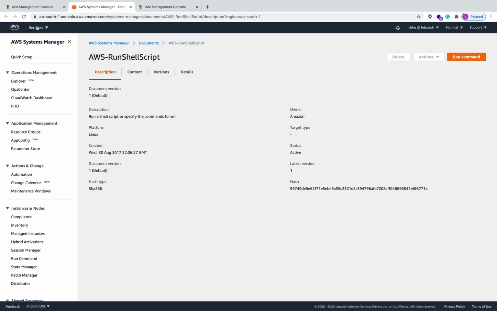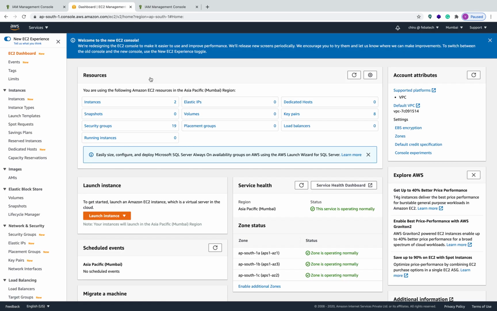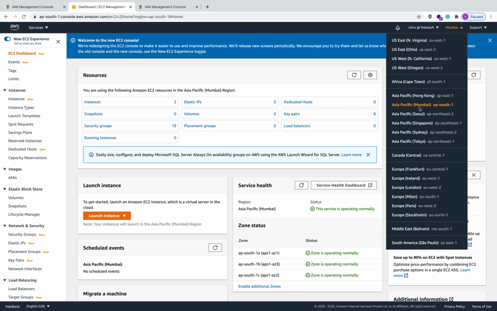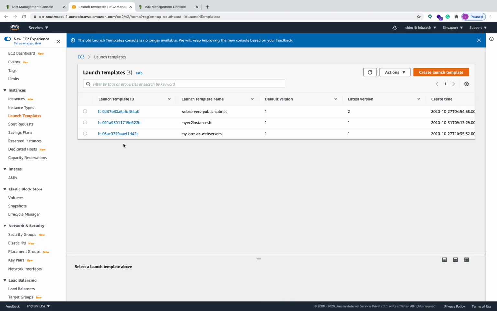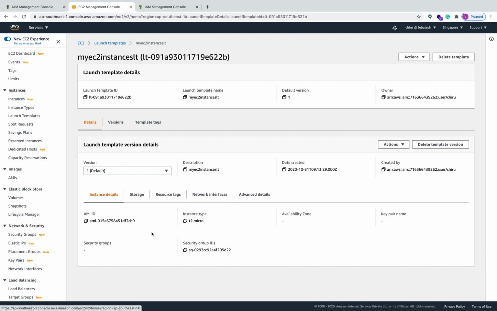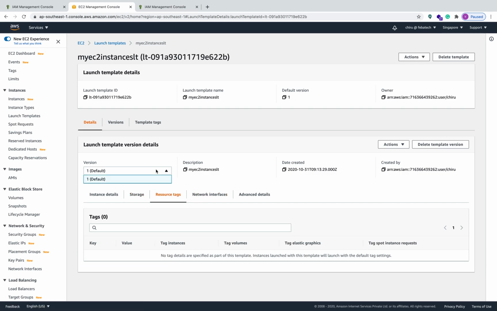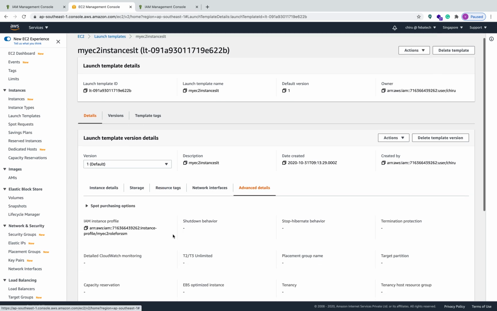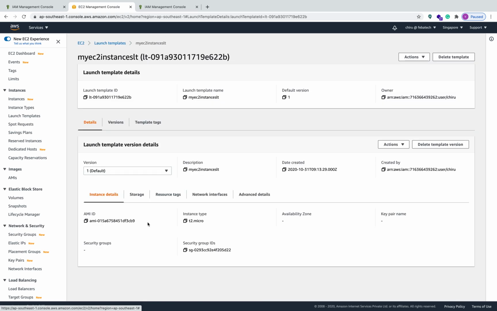Now let's get into our EC2. Second step is launch EC2 instances. So I'm going to Singapore region and then launch template. I have already a launch template for my EC2 instances. If you look at this, we have storage, we have resource tags, and we have advanced details. So everything looks good, and then we can just go ahead and launch 2 EC2 instances